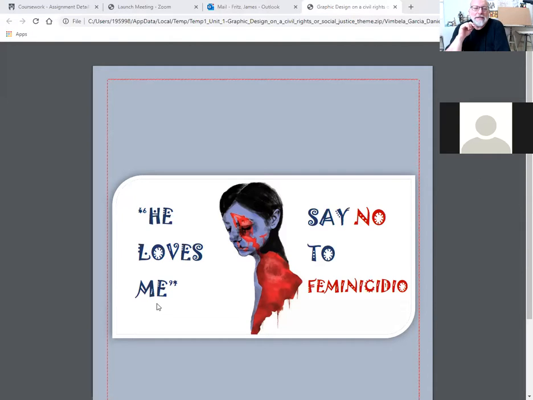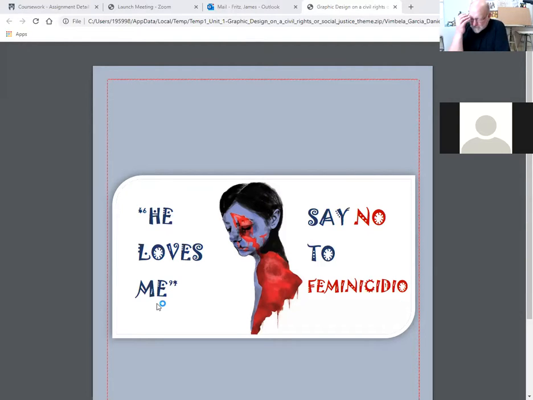This has a real party kind of a feel to it. It has a real festive fiesta feel to it. It feels like a Mexican font to me, actually, which is good. It feels like a Latin American font, and I think the person who made this comes from a background like that.